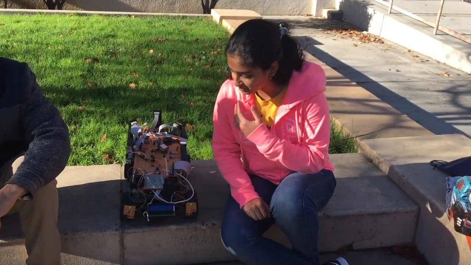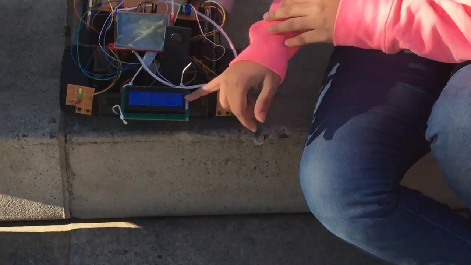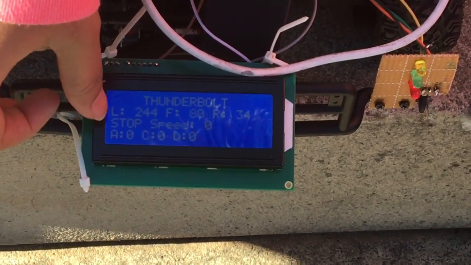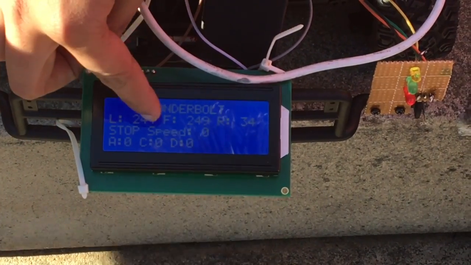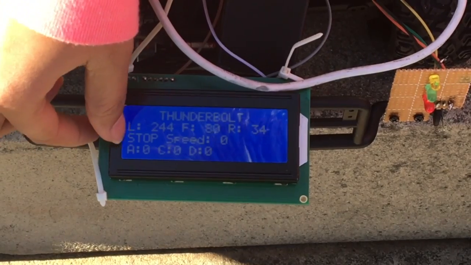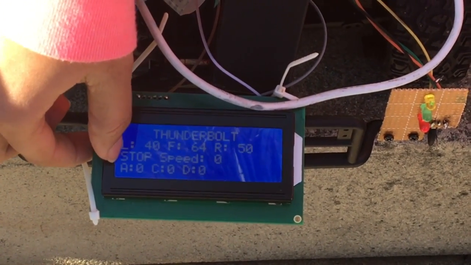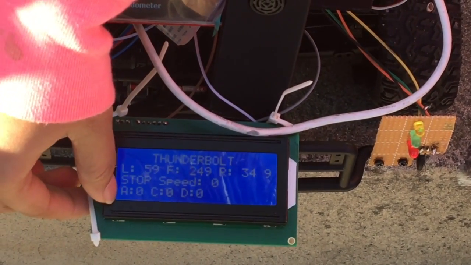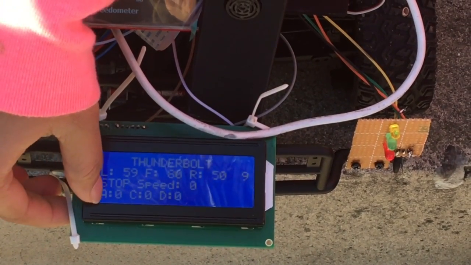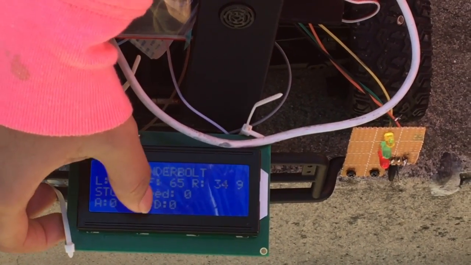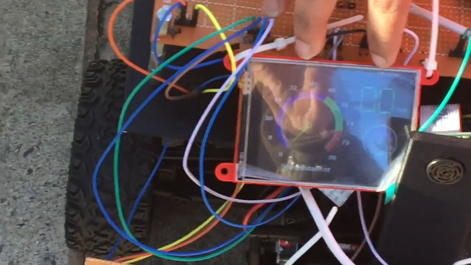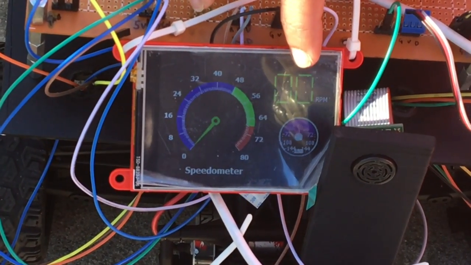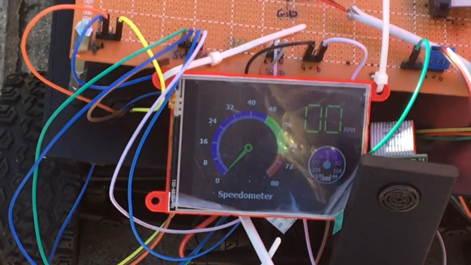These are the two LCDs that we are using. This is the 20x4 serial LCD, and this is the graphic LCD. On this LCD we are showing the data from sensors. This shows the data from the left sensor, the front sensor and the right sensor. And this displays the position of the car, if it is at stop, going forward, or turning left or right. And this is the data that we are getting from the geo controller. This is the turn angle, this is the distance to the next checkpoint, and this is the distance to the final destination. On the graphic LCD we are also displaying the speed on this angulometer, and on the digital meter, and this is the compass angle.